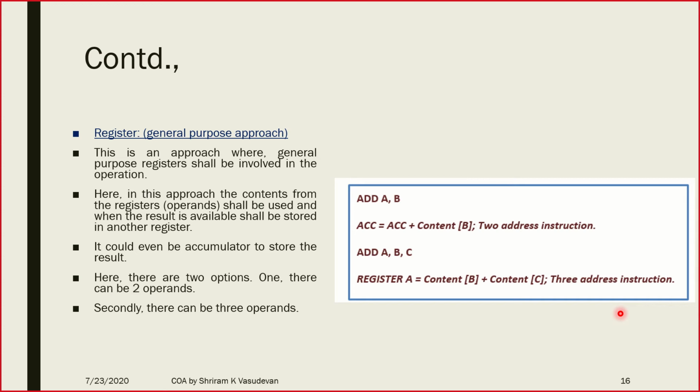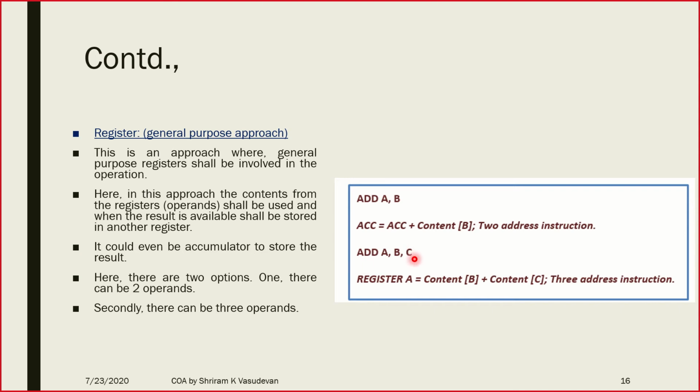Right? You can use the accumulator as part of it, but a general purpose register would still be the major component in this particular addressing mode, this particular ISA type. You can see that here: add A comma B. B is a general purpose register, or when you take 8051 kind of approaches, both are called accumulators, but let's call B a general purpose register in this approach. A and B are added and the result will be moved to the accumulator.